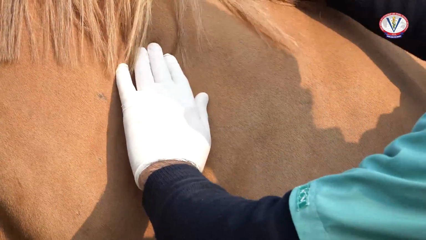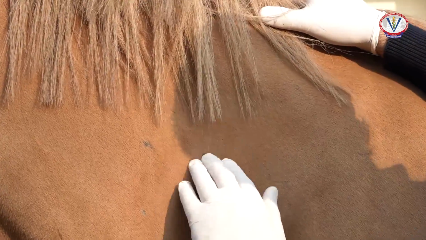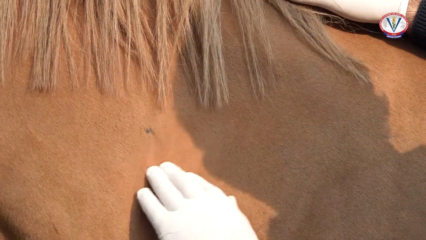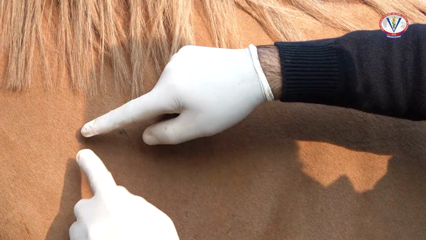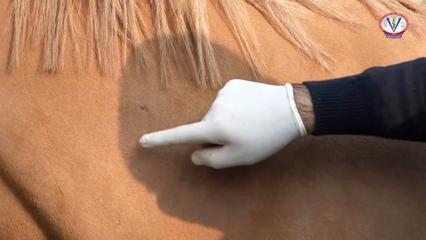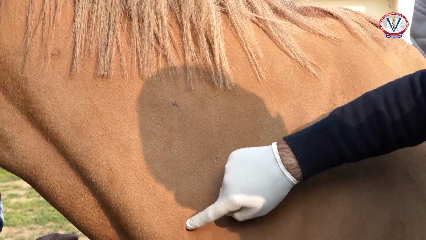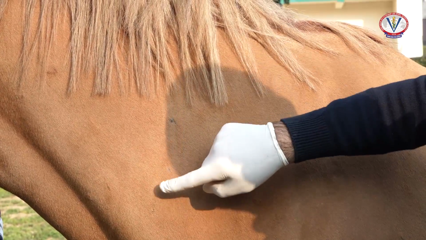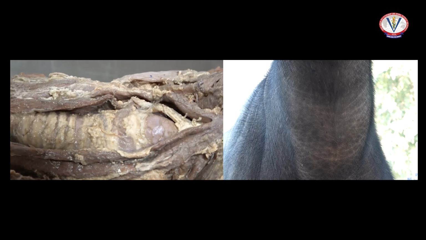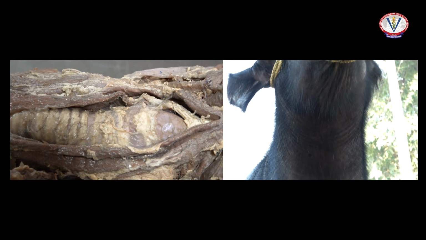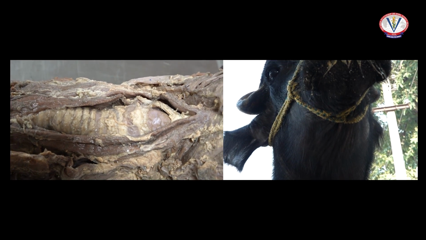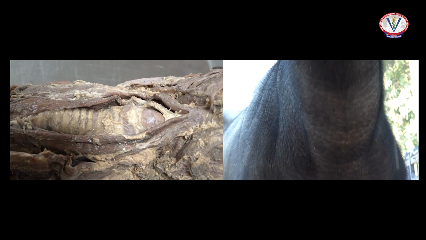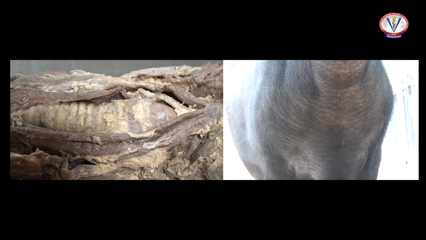A triangular muscular area below the transverse processes of cervical vertebrae is the preferred site for intramuscular injection in case of ruminants and horses. The trachea is superficial and easily palpable on the ventral aspect of the neck, and thus is the preferred site